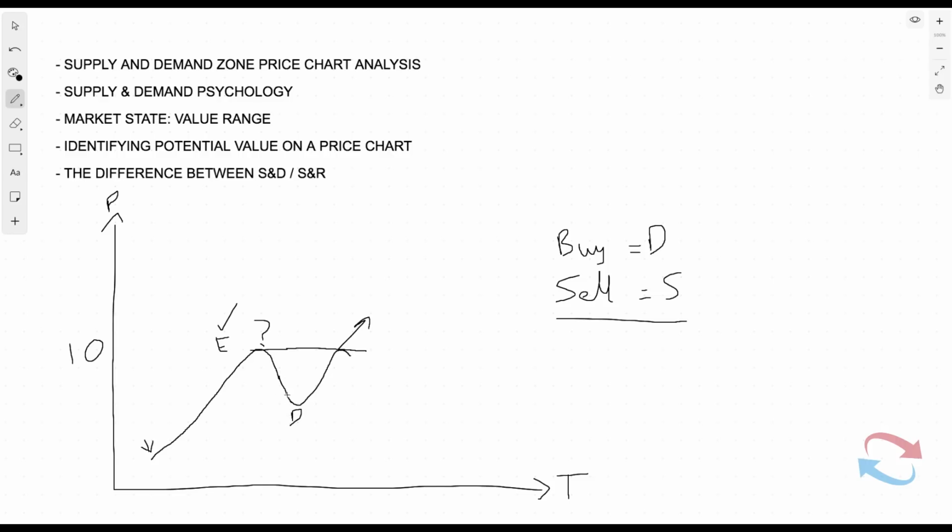This is where people are looking to buy at value. If this is bargain, right? So it's the absolute cheapest area that you could have bought at. And this is expensive. Any pullbacks are where traders are looking to get some sort of discount, which the 50% level between a cheap area and expensive area is actually known as fair value, right? So this is fair value, right? And that's only at the 50%